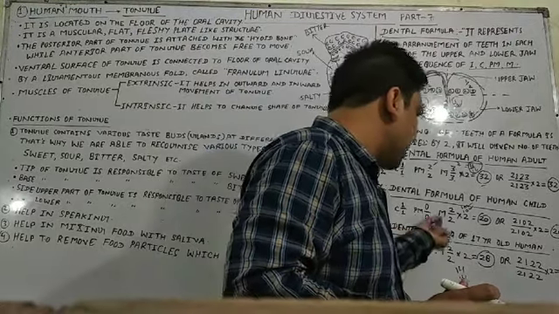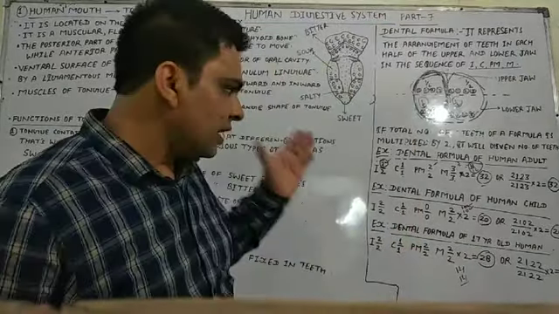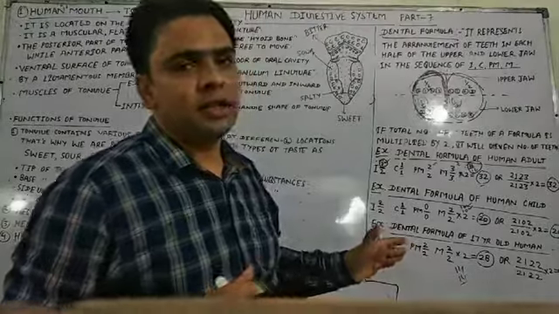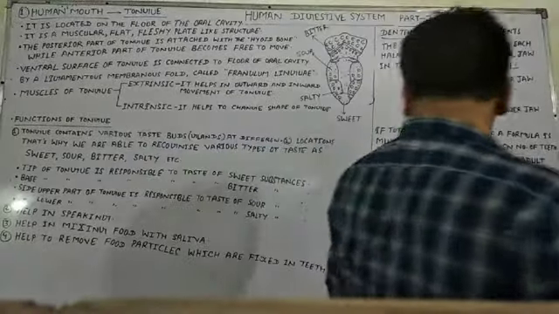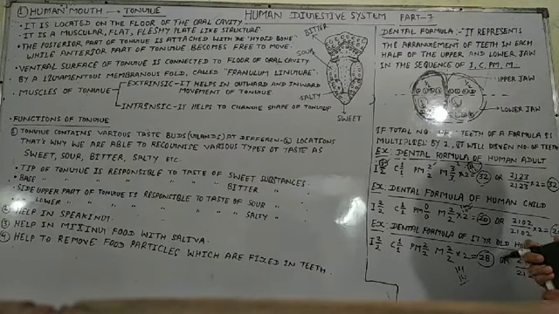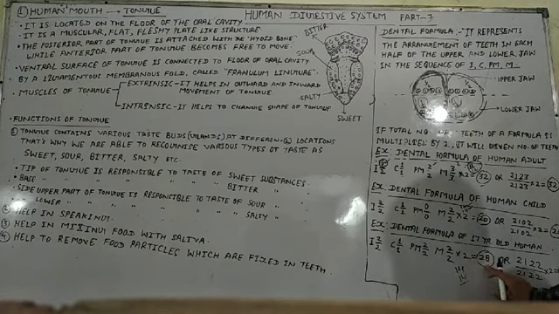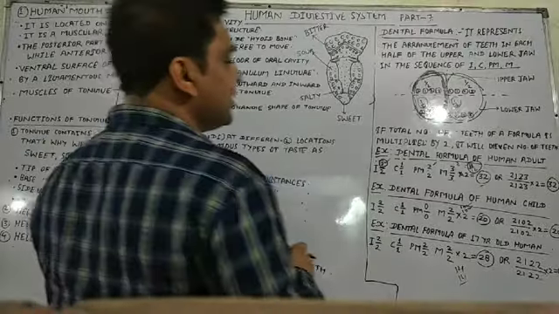So 17 and 18 years are the special age group in humans. We can say that the dental formula changes in 17 and 18-year-old humans. What is the dental formula? Incisors are 2 by 2, canines are 1 by 1, premolars are 2 by 2, molars are 2 by 2, and then we find the total number of each half and multiply by 2. We get 28, the number of teeth in a 17-year-old human. In short, 2122 upon 2122 multiplied by 2 equals 28. So the total number of teeth found in a human is 28.